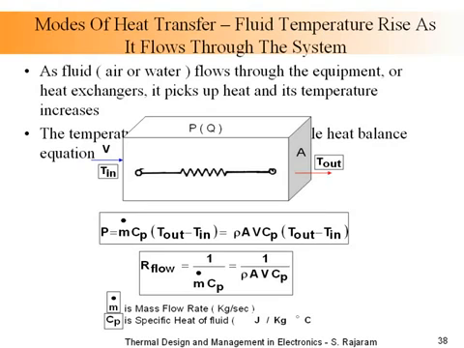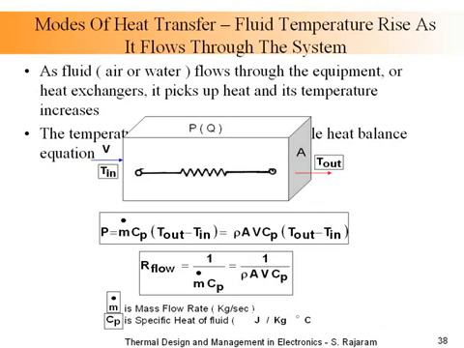And finally, we do have another kind of resistance that we call the fluid resistance. As you know, when you have a heat exchanger or a box where water or air goes in, it picks up heat from the product and comes out increased in temperature. So what that means is it's as though there is a thermal resistance, and that thermal resistance is defined by the mass of the flow, the velocity, and the area. So there are 4 kinds of resistances that are usually in electronics: conduction, convection, radiation, and finally what we call the flow resistance.